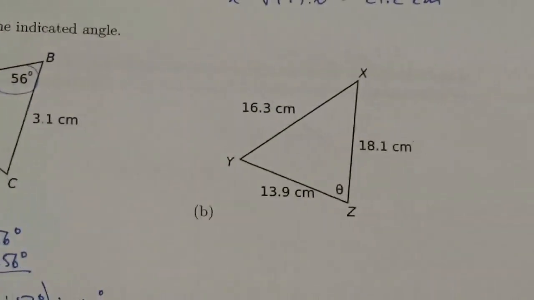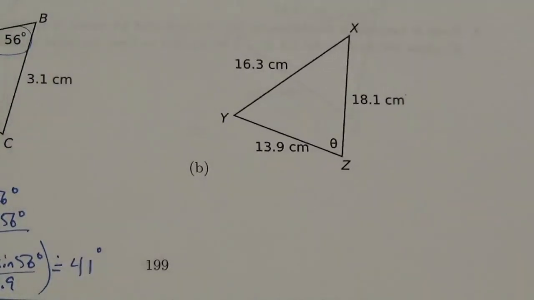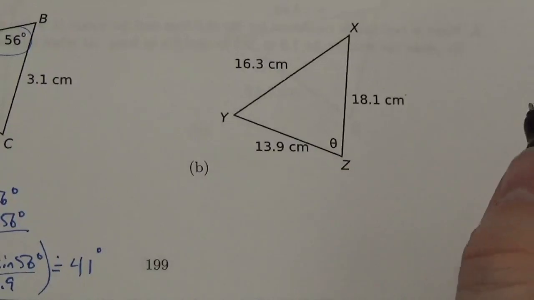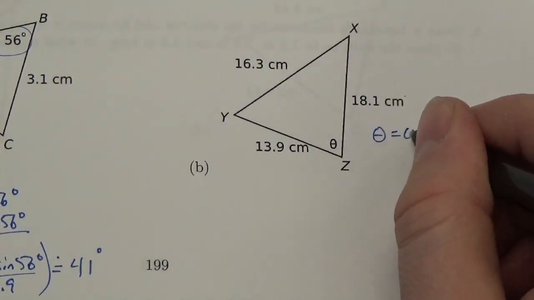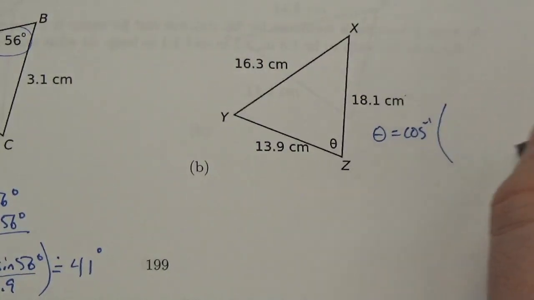Now let's take a look at this next one. And I figured there was going to be one like this. Here, this is the cosine law because I've given you all three sides. So I know that theta is going to equal the inverse cosine of,